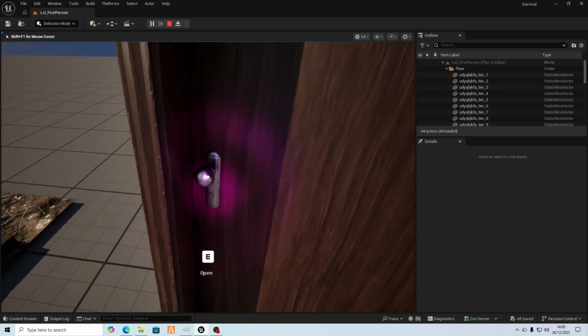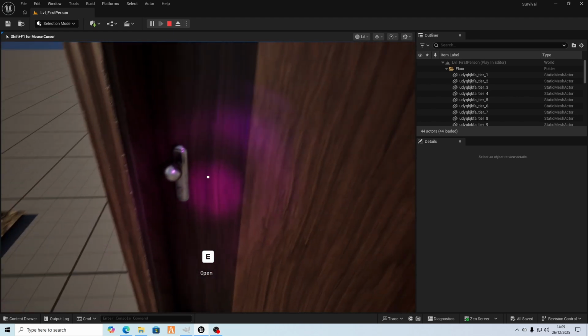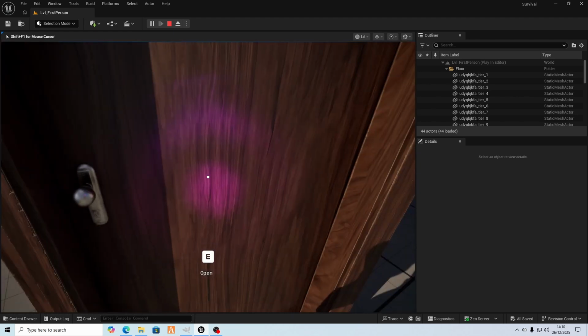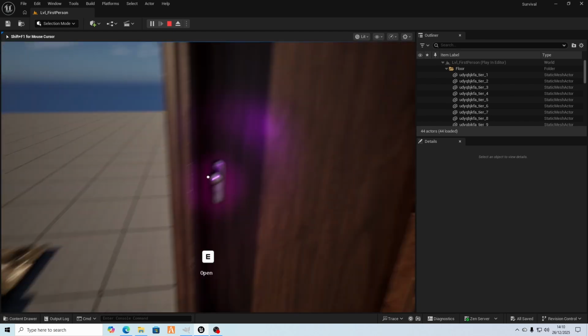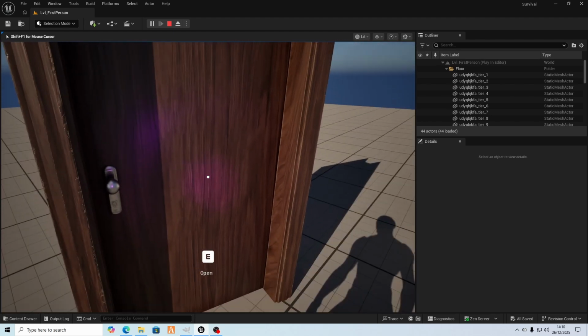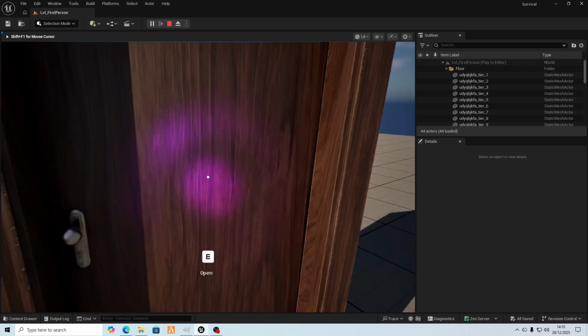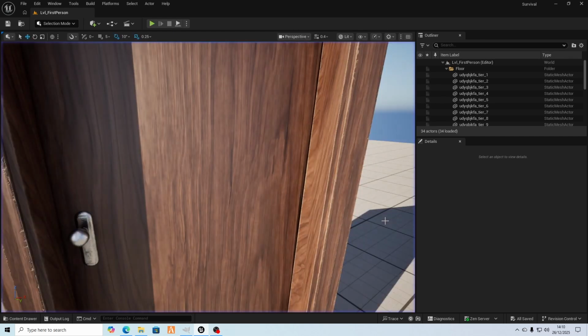Now if we chose to make this door handle the interaction, it would have been a bit more difficult to judge where it is. So ignore that over there. I'll show you that another time. I've got something just to pinpoint where we're aiming at, and it makes a hell of a difference. That dot may be quite a bit too big, but I'm going to leave it at that for now. I'm not going to show you how I made that. So if I come out of that now,